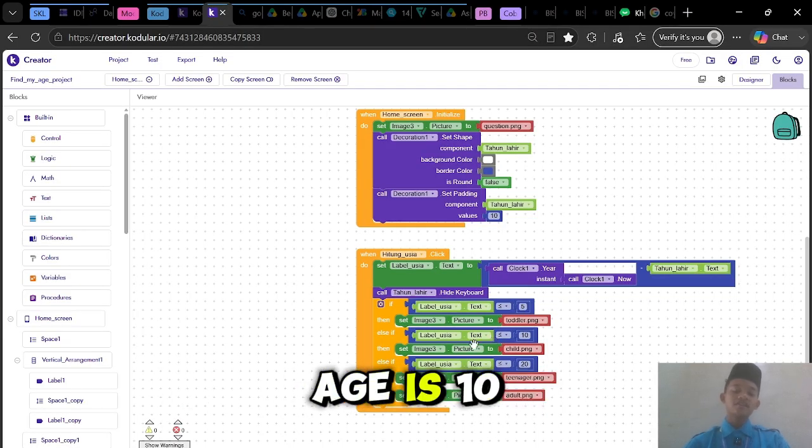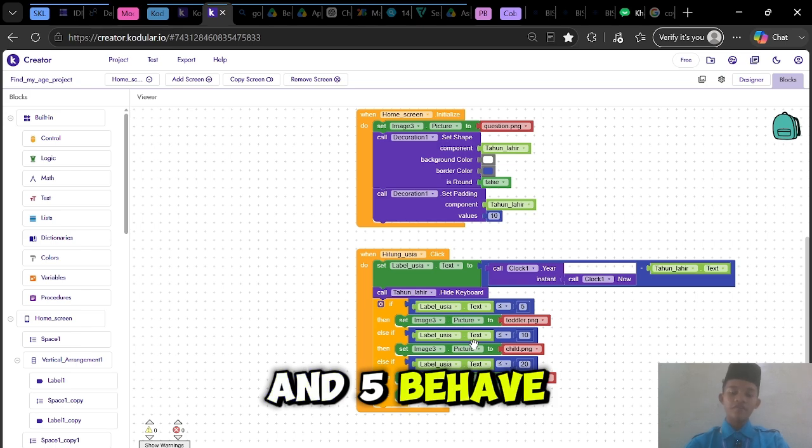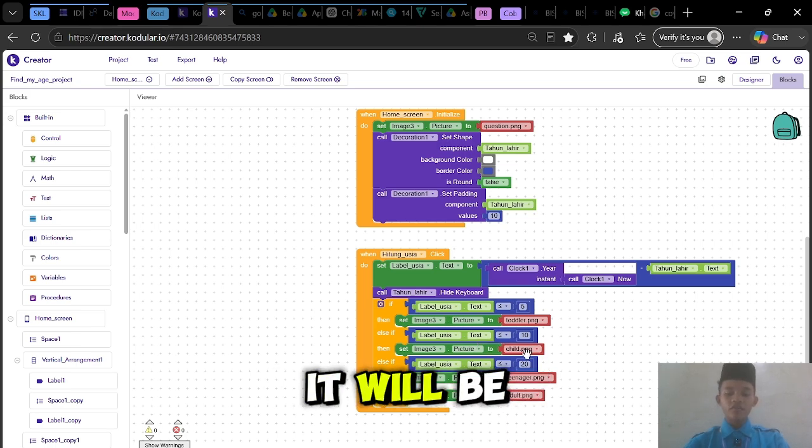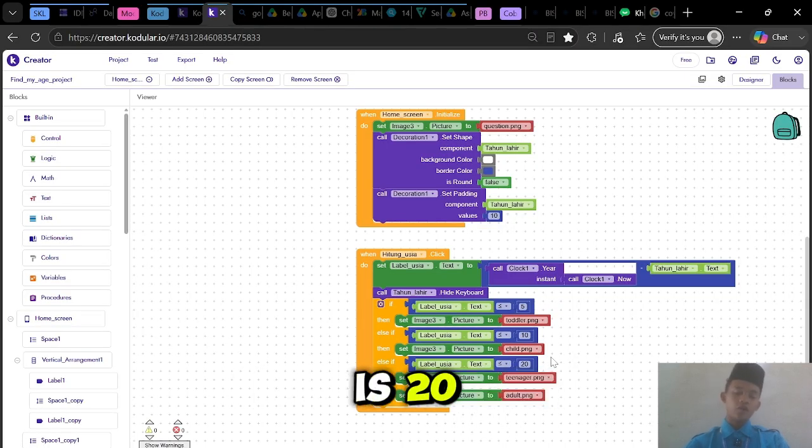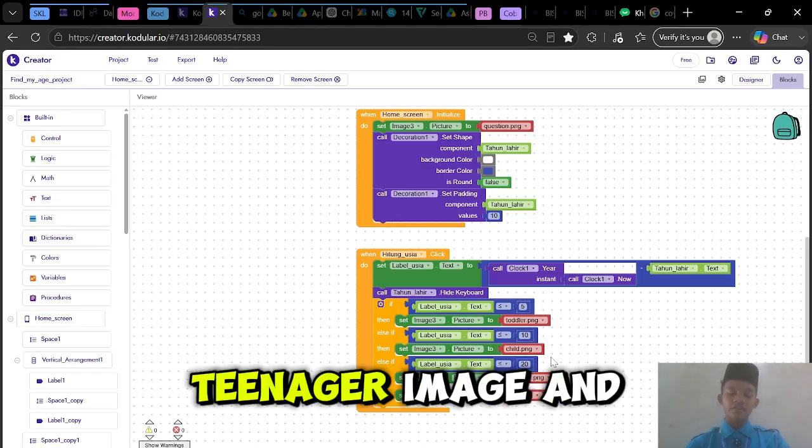And if your age is 10 to below and 5 above, the image will be child image. And if your age is 20 below, it will show the teenager image.